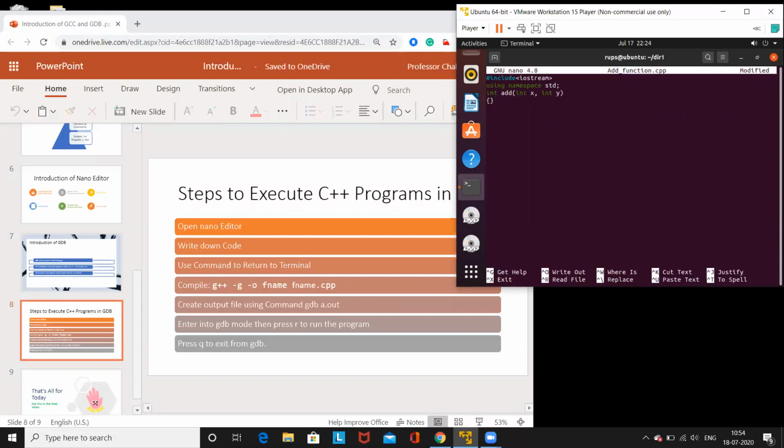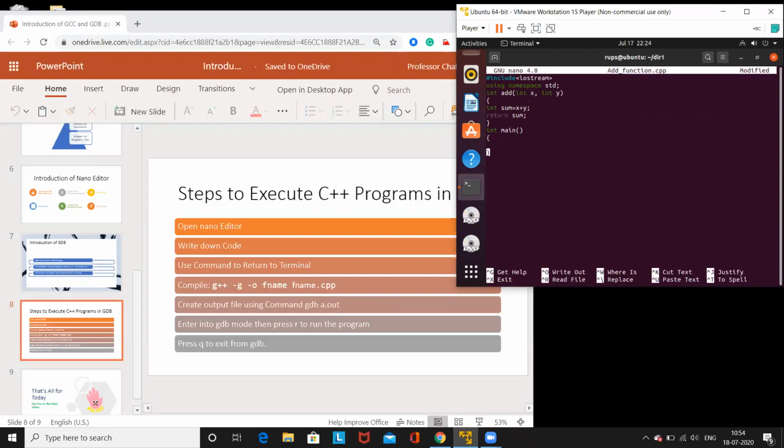Now in that function I want to store the summation: sum equal to x plus y, then return this summation. Now we know the definition of a function should be written outside main.